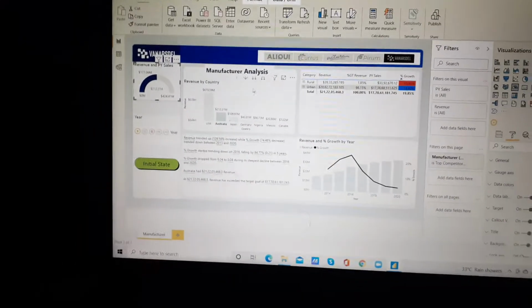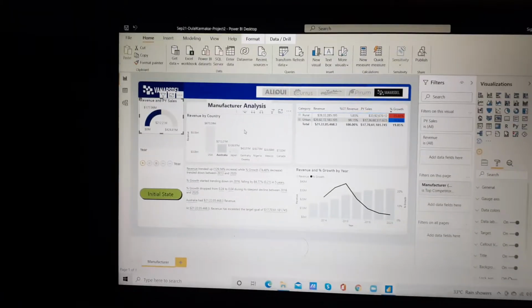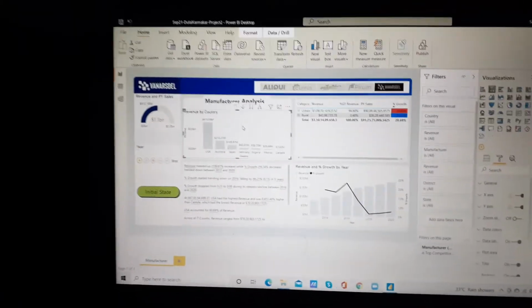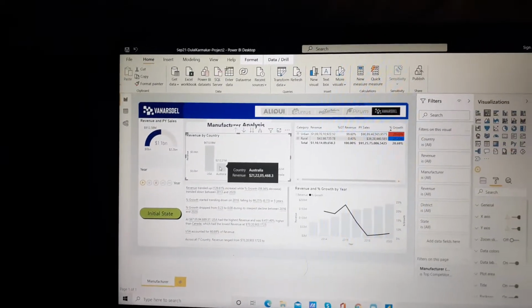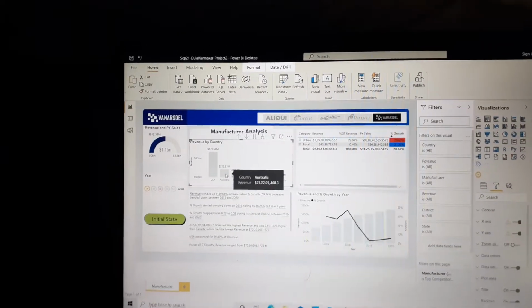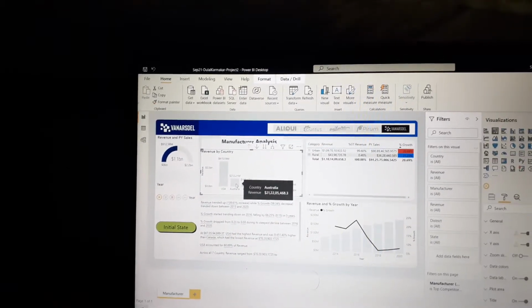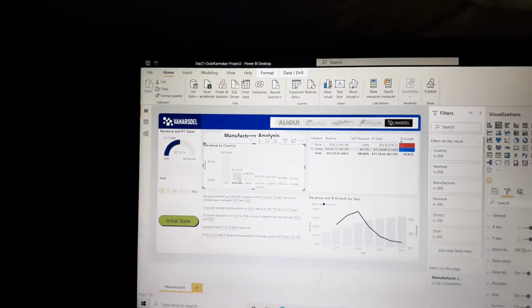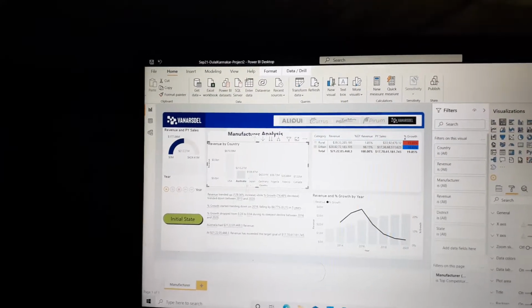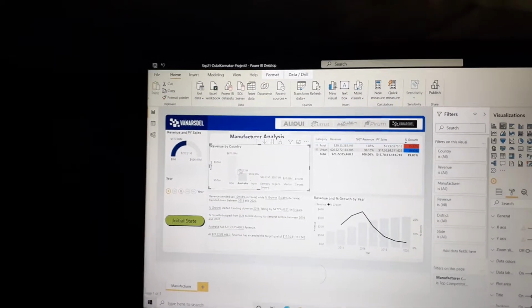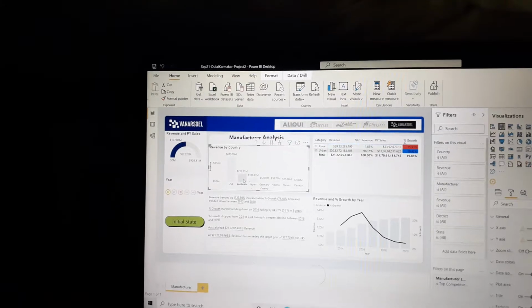So first of all I just want to start with this one, revenue by country. If I want to see the actual revenue in a particular country, then I have to click on the country column, right? As we can see, I clicked on the Australia column. I just want to see the actual revenue of Van Diesel in Australia.